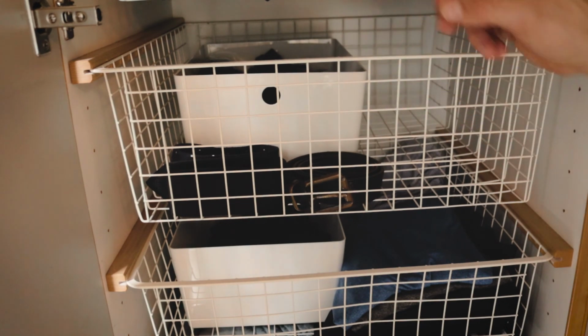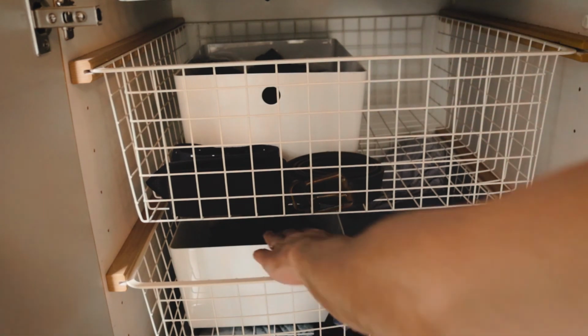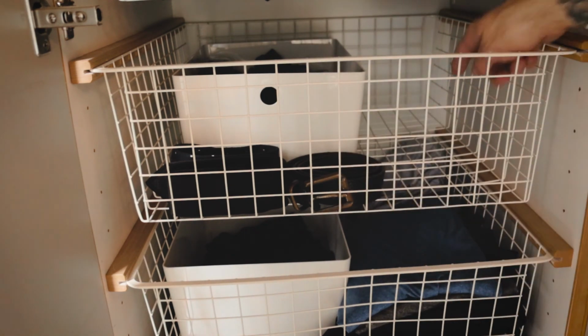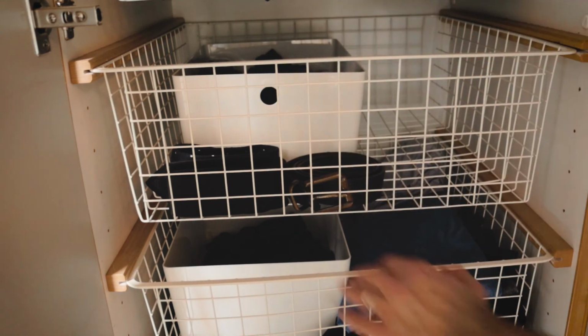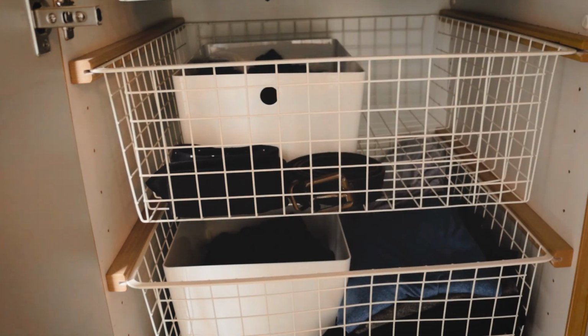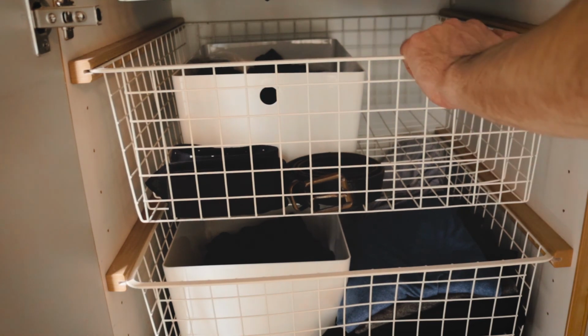I have a couple of ties and a belt. In these I have socks and boxer shorts, and this is my workout clothing, and a pair of swim trunks. I've kept 7 pairs of each, so 1 for every day in a week. That's very convenient when you go on vacation, and if it's a 2-week vacation, you can just wash on the Sundays. By the way, I really hate this